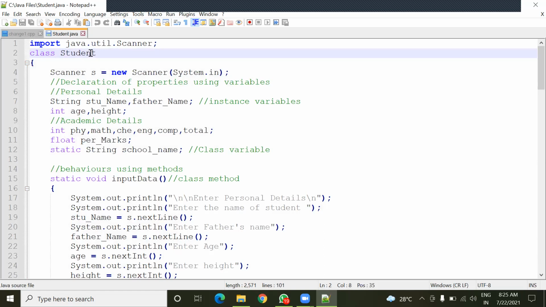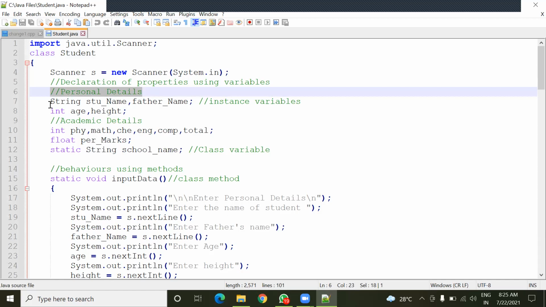For a student, what properties can you take? Properties as well as the behavior of the student. Just see here, personal details.